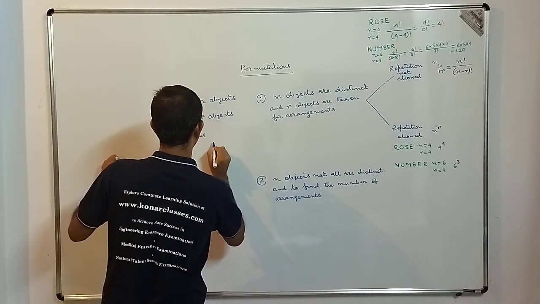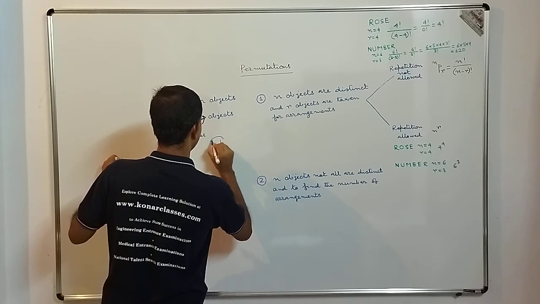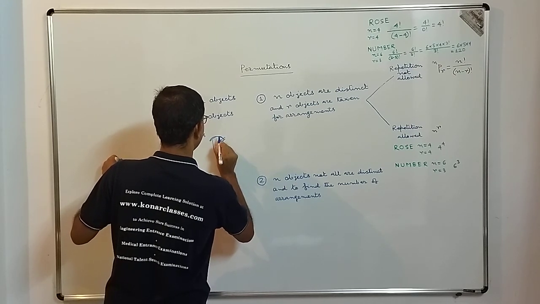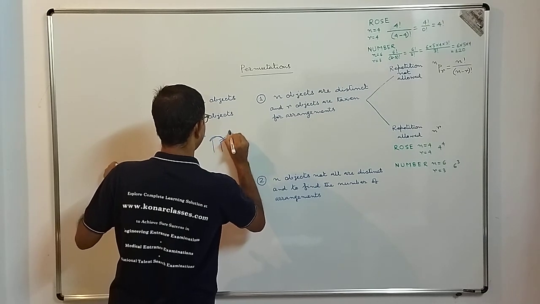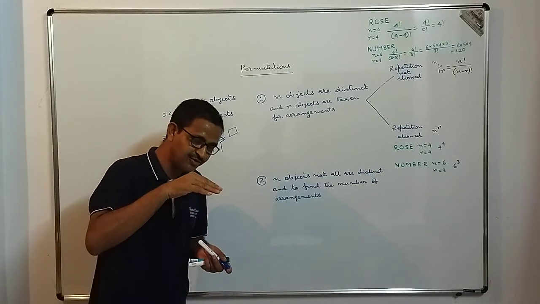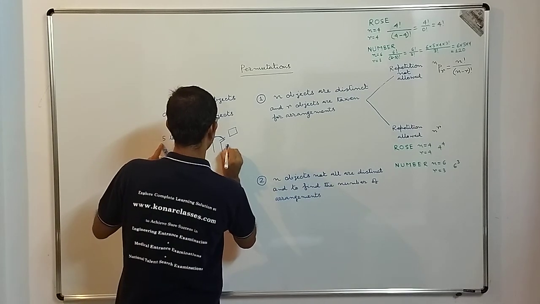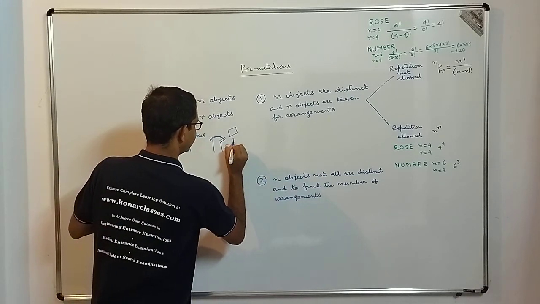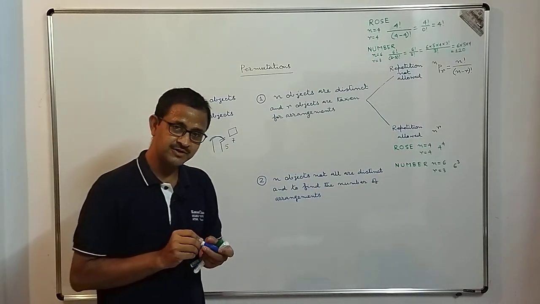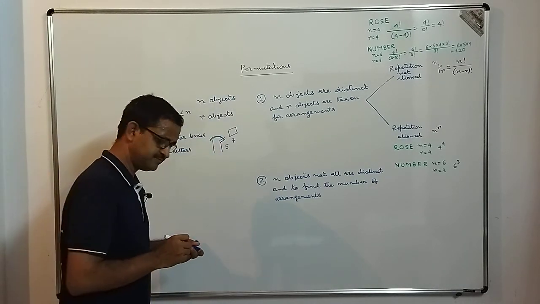If you see how a letter box looks, it looks something like this, correct? Here is a channel where you can place the letter, and the letter is something like this. So when you put that letter into the letter box, you put it like this, right? How many letter boxes? There are 5 letter boxes. And how many letters? There are 7 letters. So there are 5 to the power 7 ways you can keep those letters, that is envelopes, into the letter boxes.